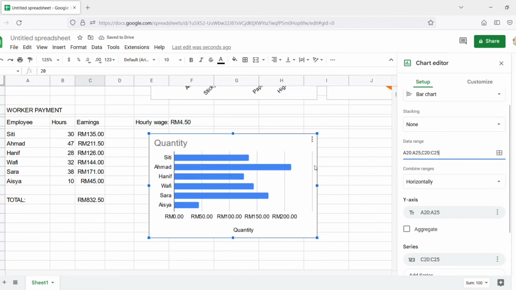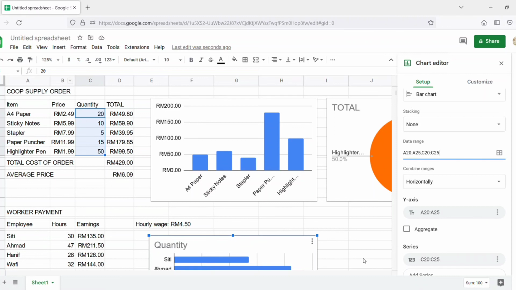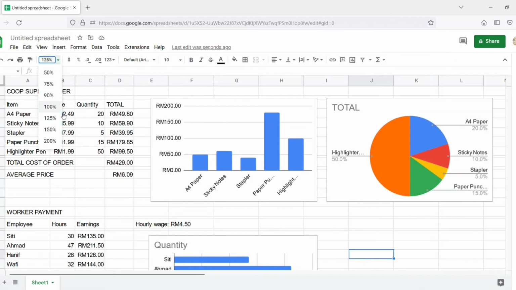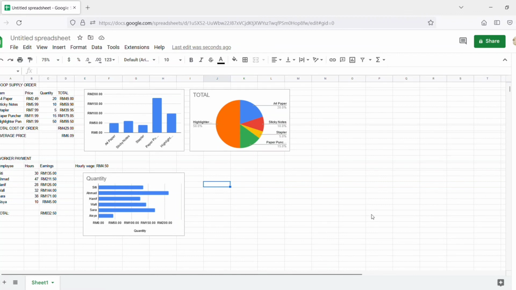There we go. Finally, we have our data neatly organized together with some charts, and they are ready to be presented. For those who are still confused about this thing, you can refer to the PowerPoint manual that I have made